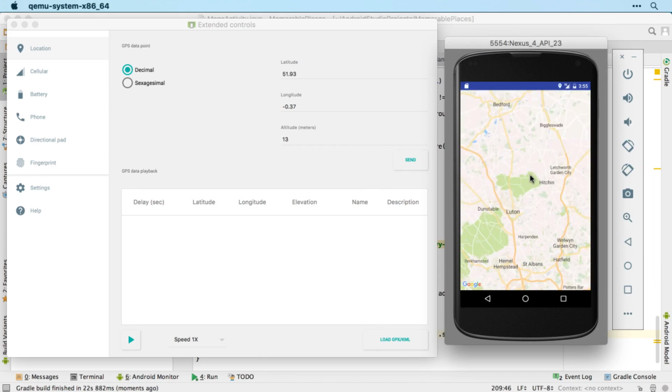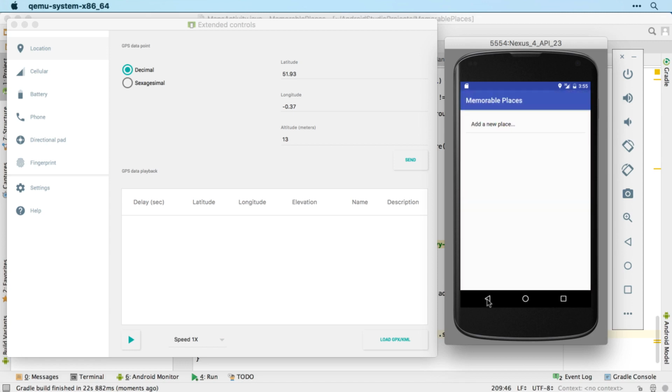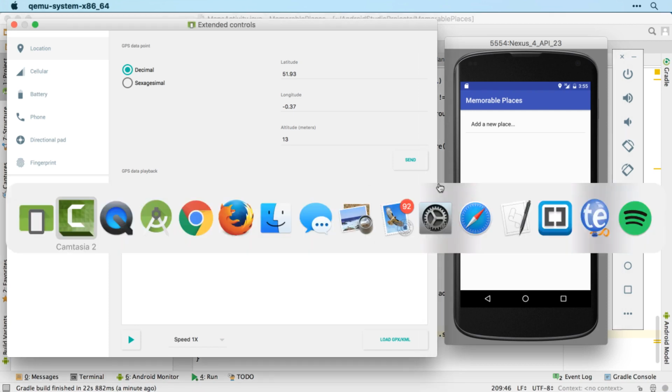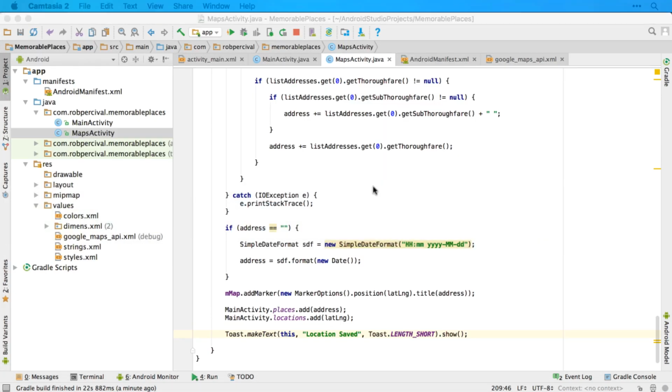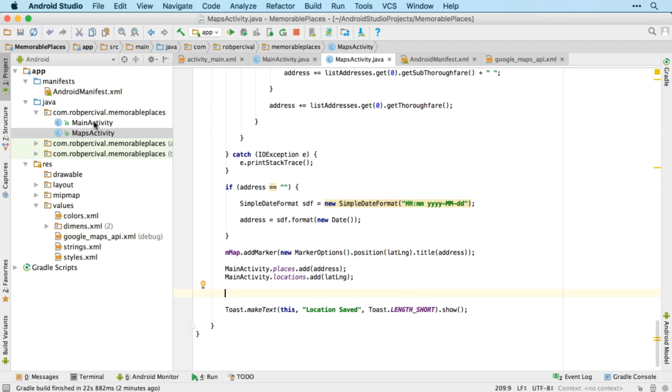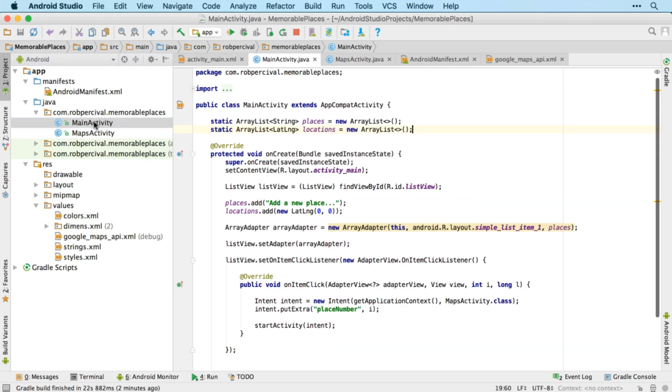That jumps us over to the map, and then long press, location saved. If we go back though, it's not on our list. That's because we need to update the table itself. And we can do that, as we've seen before actually, by updating the array adapter. But that does mean that we'll need to be able to access the array adapter